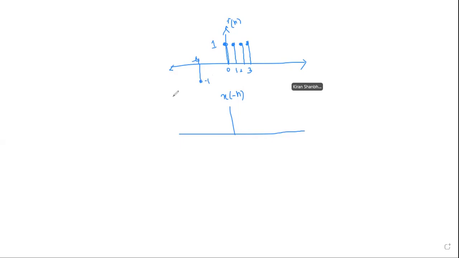Will somebody give a try? Can I answer? Yeah. From the right side, 1 to 3 will be shifting towards the left side. From the left side, we always extract from the left side and go towards the right side. From the left side, I'm going to get 1, 2, 3 with the amplitude 1. And in the right side, I'm going to get minus 4 with the amplitude 1.